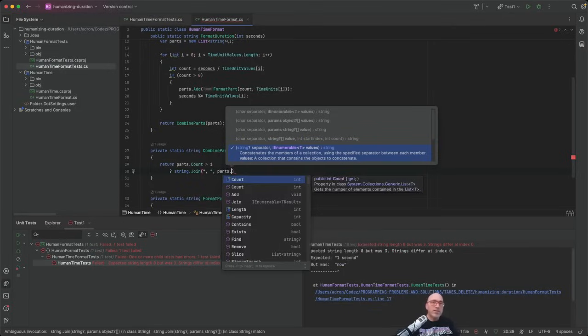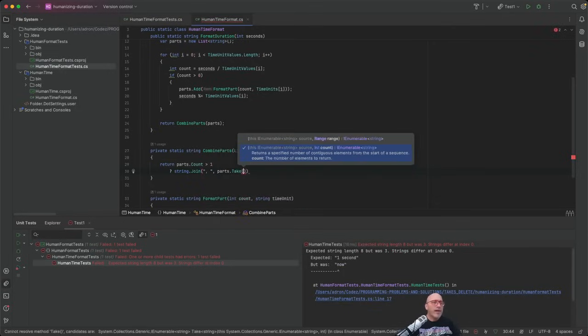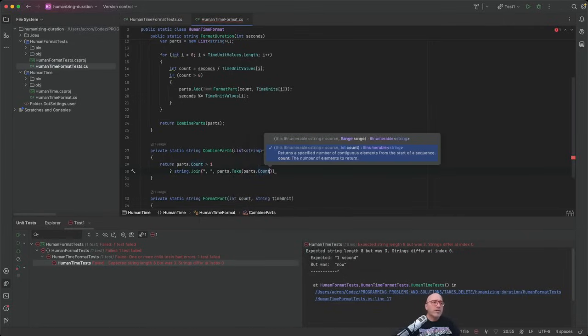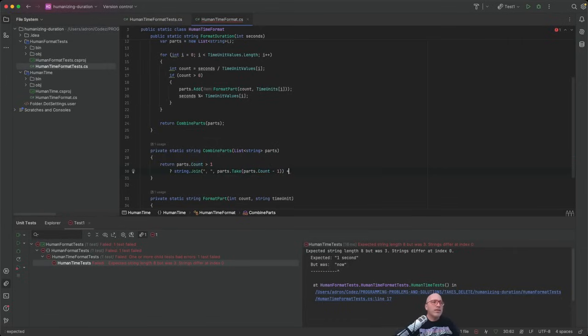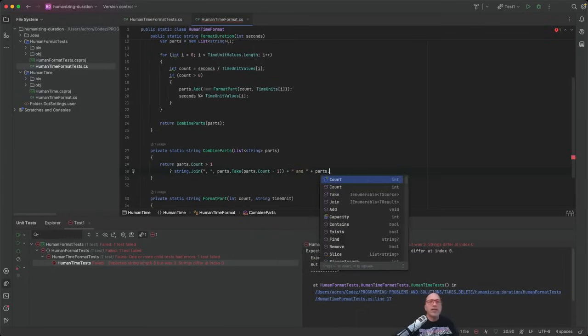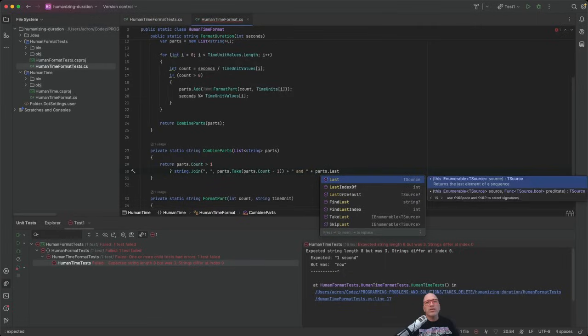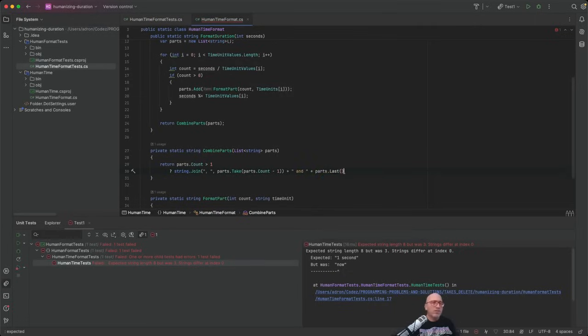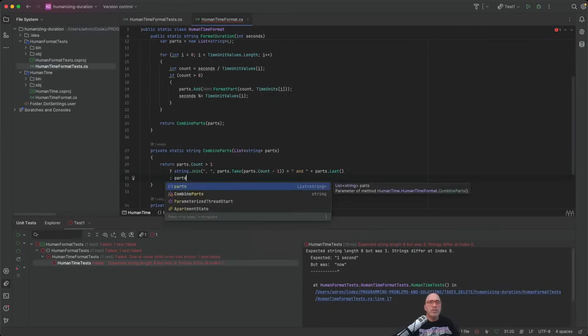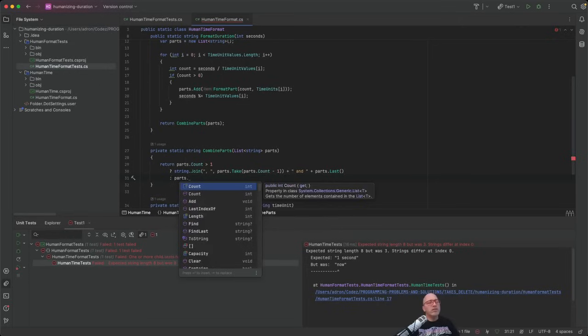And then what you do is take parts dot count minus 1, and then we'll do and, parts dot last or default. We're going to do last. I don't really remember what last or default does. I feel like that might give us safety if we went that way though. But parts dot, well, we don't need that because we actually gate it with, is it greater than 1? If it's greater than 1, then we would have this. Parts